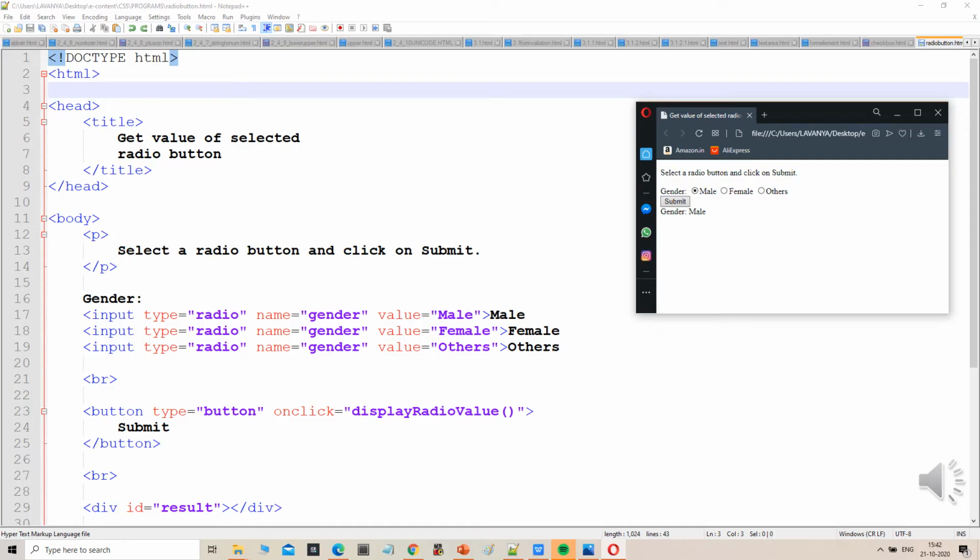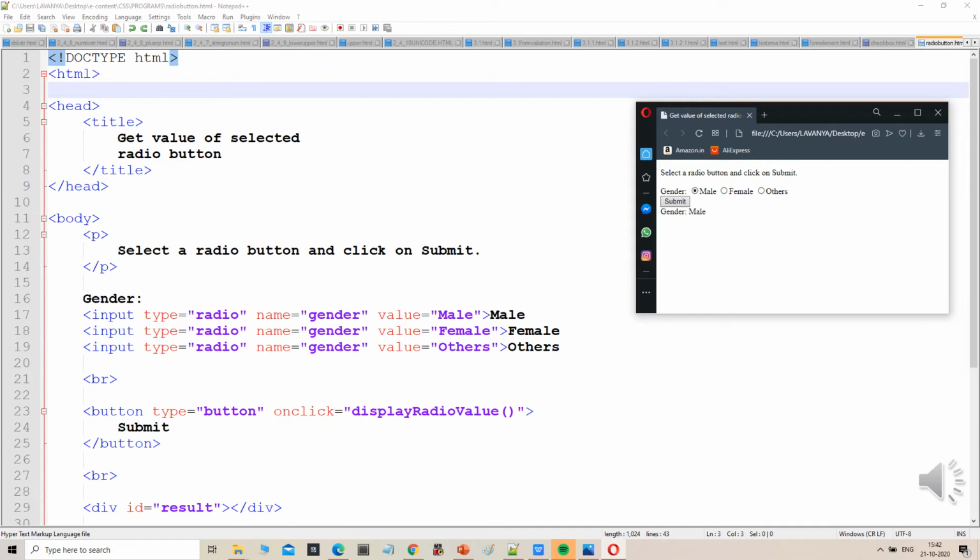This is a program to get the value of a selected radio button. Select a radio button and click on submit. For the gender input, input type is equal to radio, name is equal to gender, and value is equal to male. Then input type is equal to radio, name is equal to gender, value is equal to female.